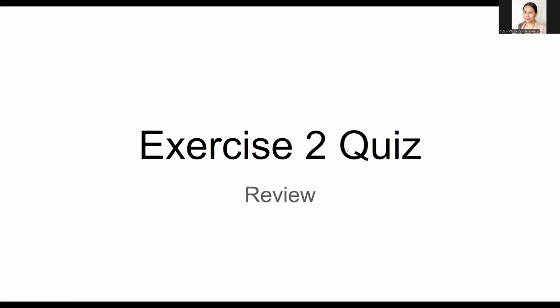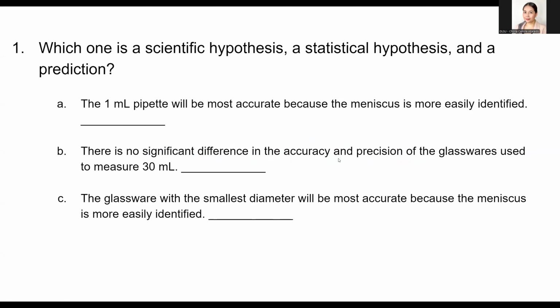Okay, so let's start with question number 1 for exercise 2. Which one is a scientific hypothesis, a statistical hypothesis, and a prediction? So please note that the difference across the three is that the scientific hypothesis